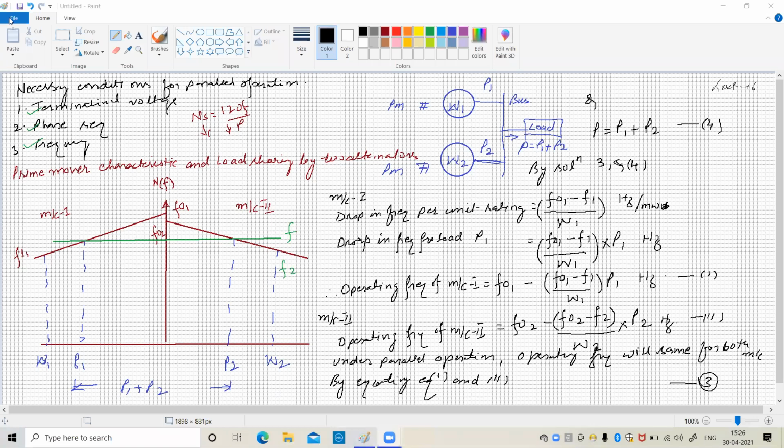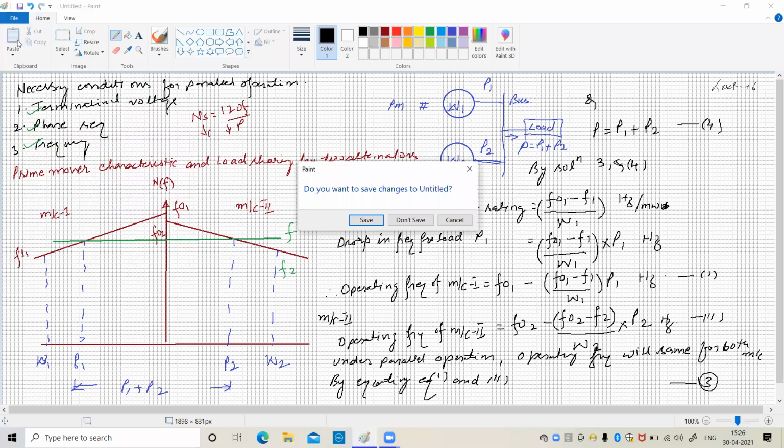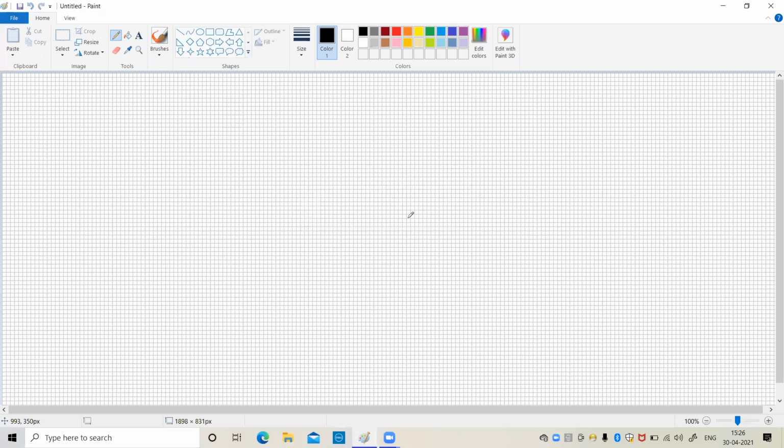We can take an example on the basis of load shared by two alternators under parallel operation. Let me read a question. Two three-phase alternators are operating in parallel. The rating of one machine is 50 megawatt and that of the other is 100 megawatt. Both alternators are fitted with governors having a drop of 4%, that is, the dropping characteristic is given as 4%. How will the machines share a common load of 100 megawatt?